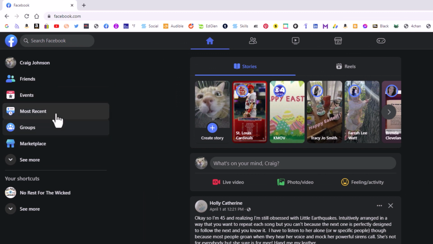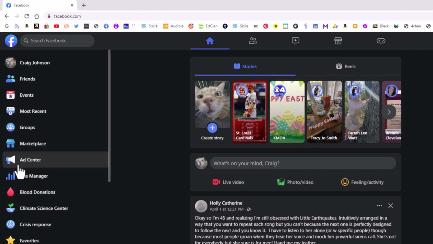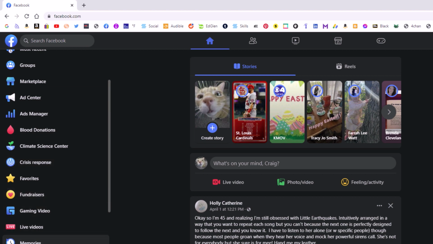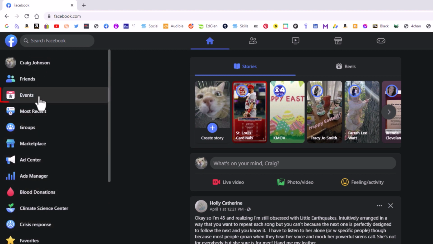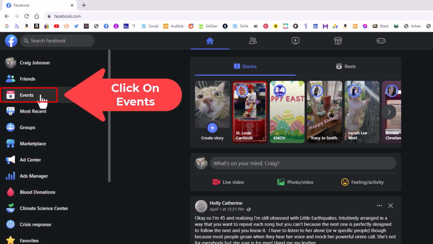If you don't see it in this group of things here, you want to go down to the bottom and you want to click on see more. Click this little drop down, and then you have to find events in here. Like I said, mine's up here. I'm going to click on events,